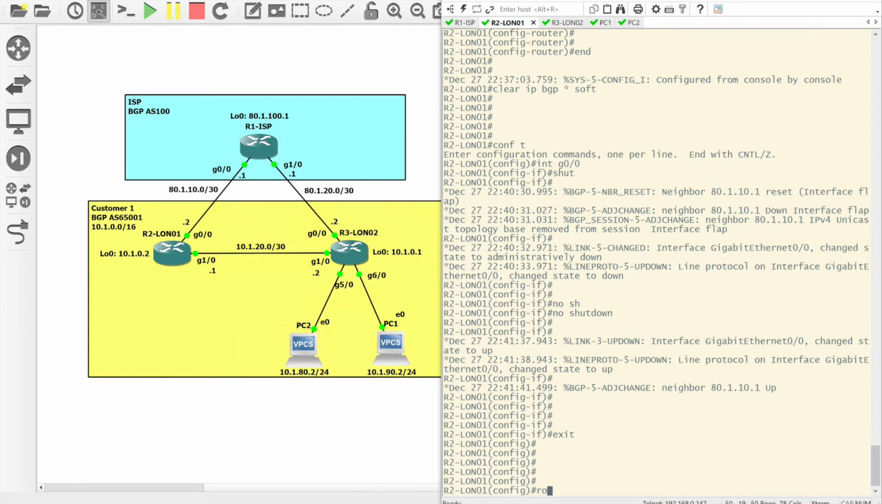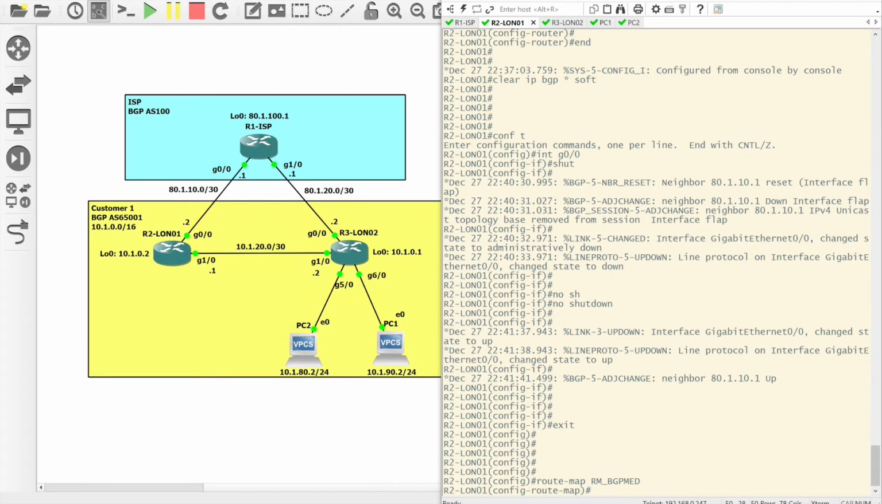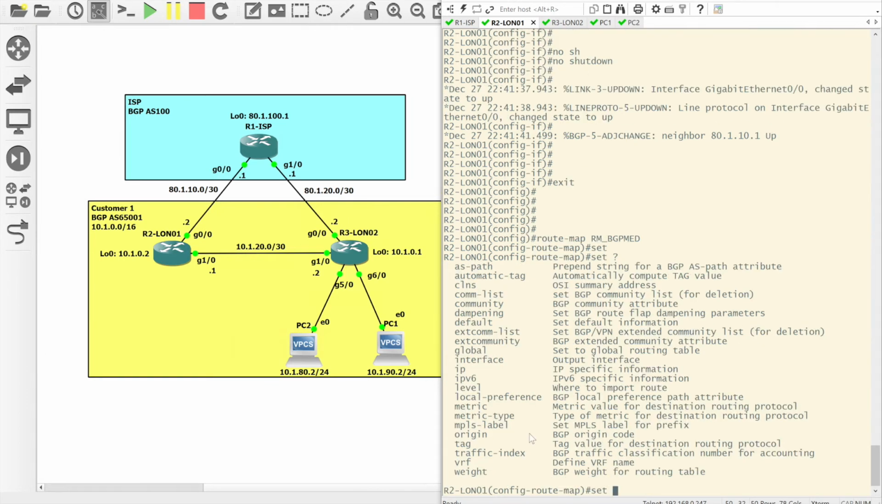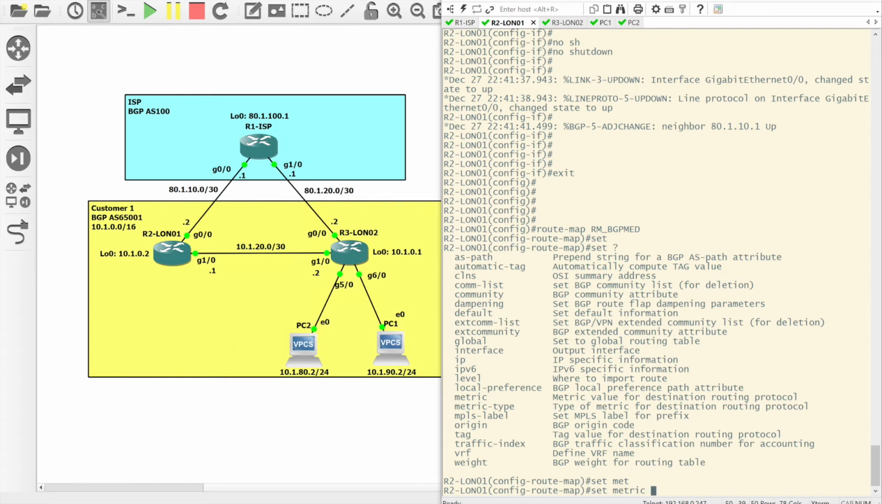So if we do a route-map, and then we call it RM, and we call it BGP MED. Obviously you'd give it a better descriptive name in the real world, but for the lab it doesn't really matter, as long as we can tell what it means. So in here we'll do a set, and then we get lots of options in here, but we'll just do metric, and so on London 1 we're going to set it to 50,